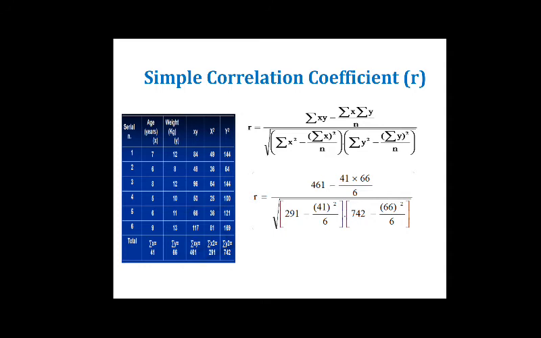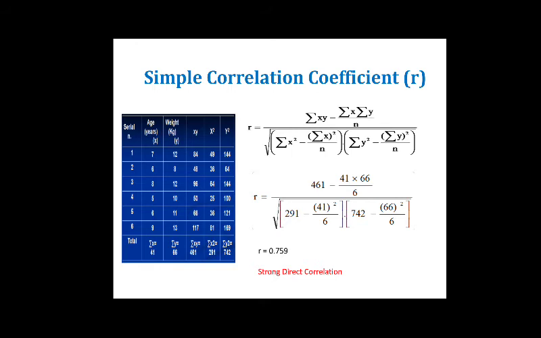Divided by, in bracket, summation of x square is 291 minus, not the summation of x square, but summation of x bracket square, so 41 bracket square divided by 6, into summation of y square is 742 minus summation of y, 66 bracket square divided by 6. In this way I put the values over here, and by calculating this I get the value of the simple correlation coefficient r equal to